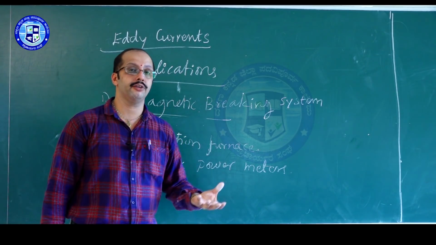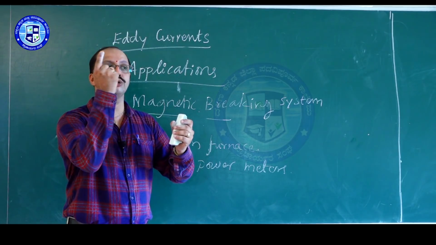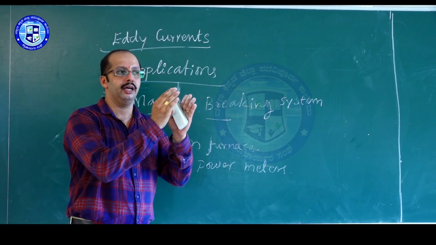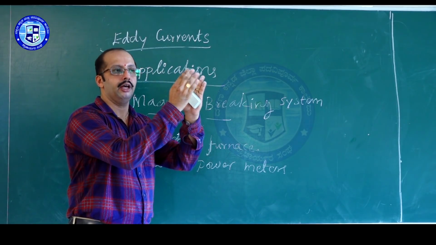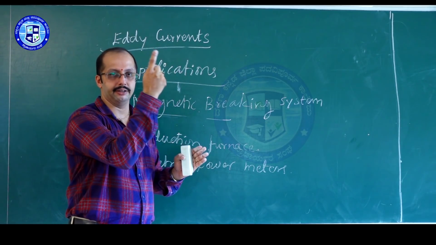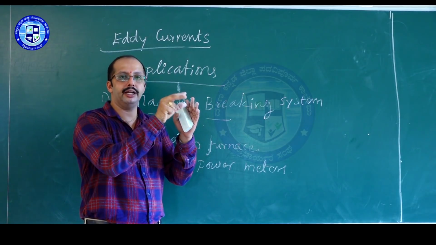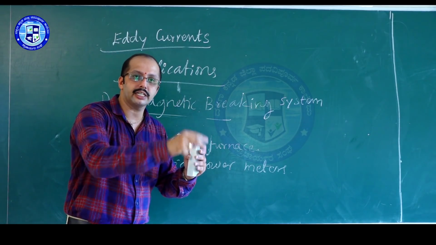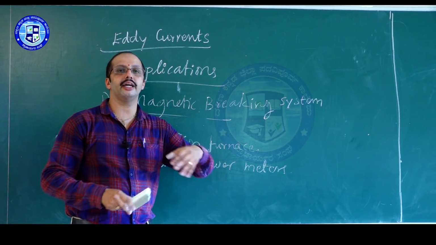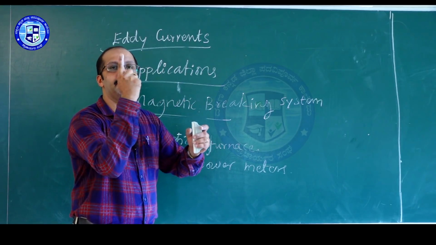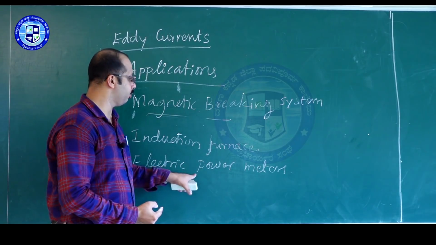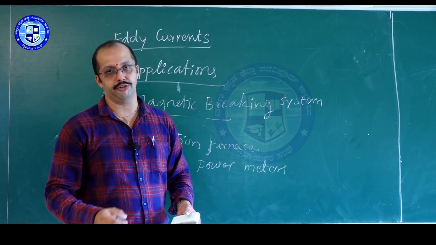But in olden days, they used one disc rotating in the electrical power meter. Just like in a house or building, near the main switch, there will be one electrical power meter, and one disc is rotating. In that meter there will be a coil. So that is the eddy current. Due to the eddy currents produced, the metal disc is continuously rotating. That is the electrical power meter representation.